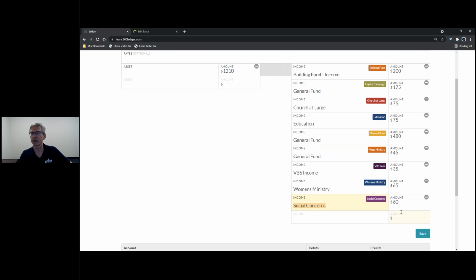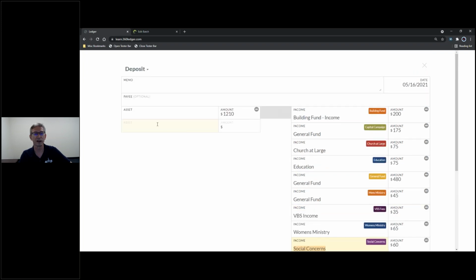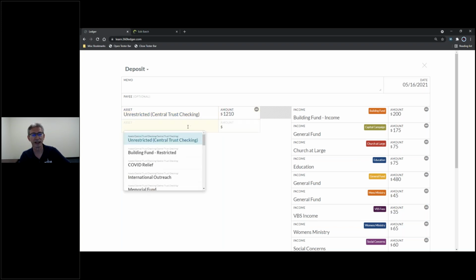So this is showing all of our income accounts. On the left side is where I need to put our asset. I'm going to put all of this $1,210 into our unrestricted central trust checking. Now, in a deposit, you can use multiple assets. So if there was a portion of this that was to go into a different asset account, we could certainly click in that cell underneath it and choose an additional asset. But in this case, I'll just keep it with the general or the central trust checking account, our general fund